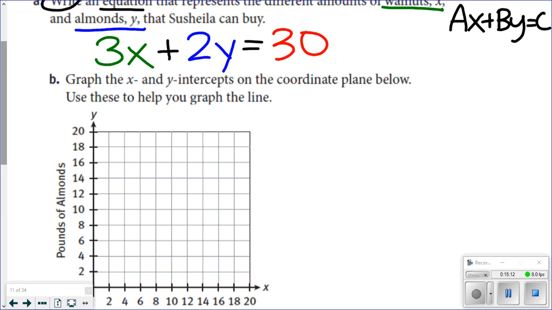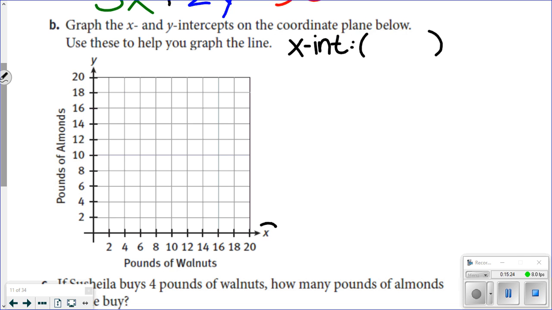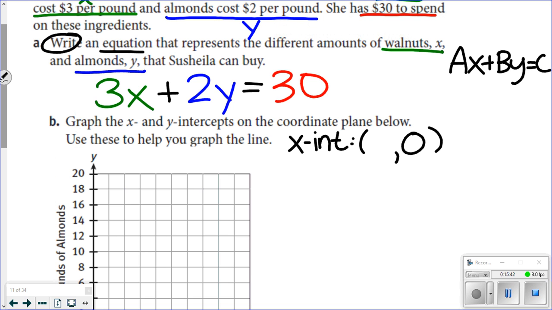So, the x-intercept occurs on the x-axis. Okay? Now, along this x-axis, you are not moving up and down on your y-axis at all. So this occurs when y equals 0. So what that means is we are going to plug in y equals 0 into our equation above,